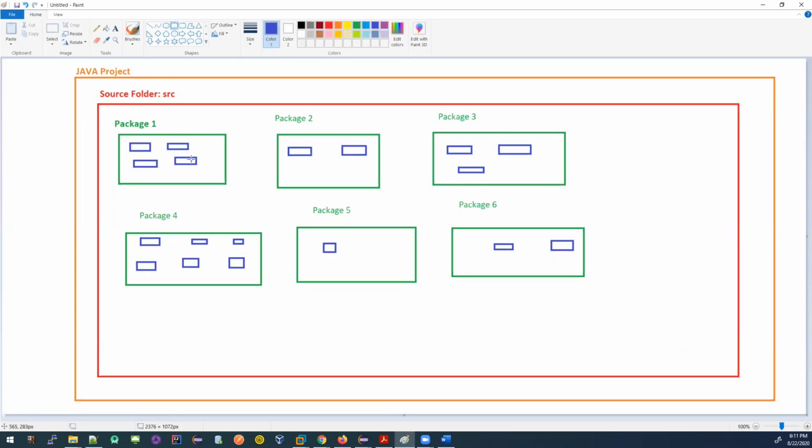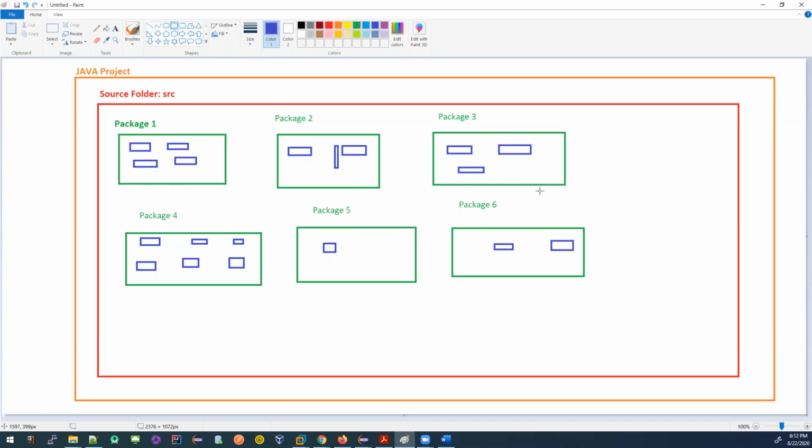So all of these related files I'm putting in one package. For me, it's easy to maintain. Why? If I have to find which classes are related to login, I don't have to look here, or here, or here. I can directly go into this package because I know I'm maintaining all the login-related code in this package.